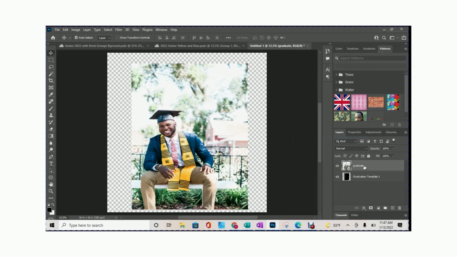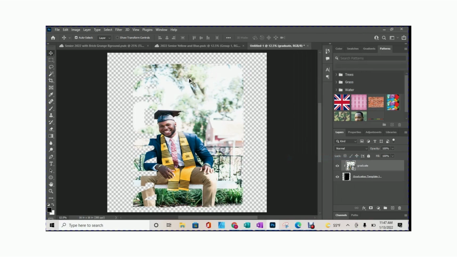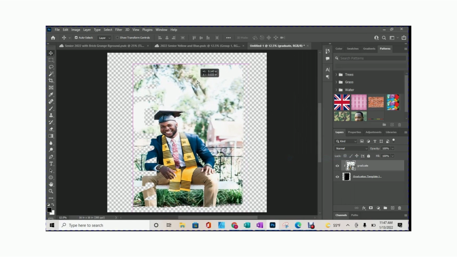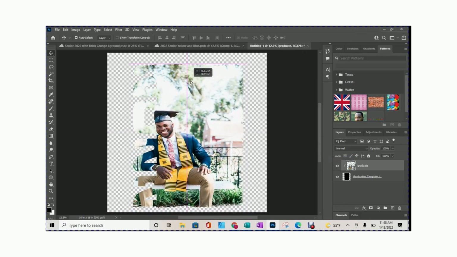All right, back to my graduate image. I'm going to right click, and then we're going to create clipping mask. Now, if you notice, your graduate image has become the same shape as your template. And this is the effect that you were wanting to get.